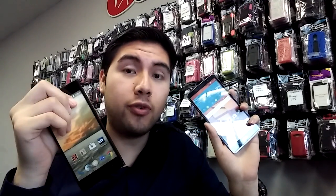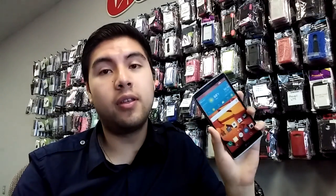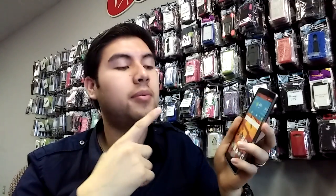So Warp Elite, the bad thing is their screens are usually known for blanking out or not working as well. You crack it sometimes, and half of your screen doesn't work. The LG, I mean, the Stylo is a better name brand, and overall the screen won't blank out on you unless you drop it like a dumbass or whatever. But if you take care of it, it's gonna last you, guys. Honestly,